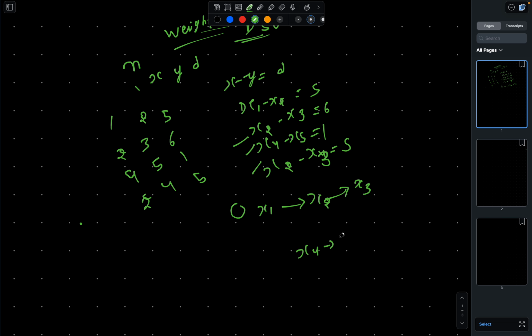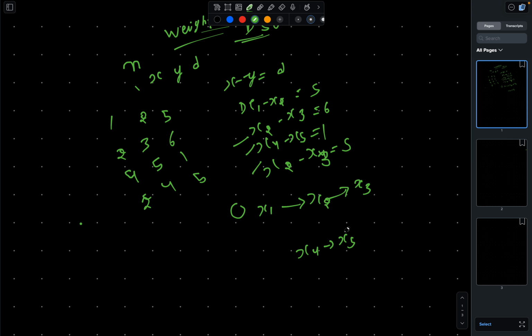X4 is connected to x5, and x2 is connected to x3. We already had that. Okay, now if you want x5 minus x1 or x5 minus x2, clearly we can't get that because there's no connection. But if we make any one connection, we will somehow be able to always manipulate the equation such that we